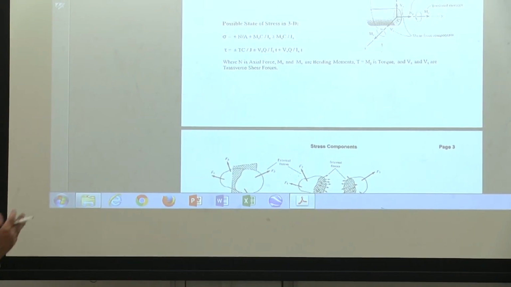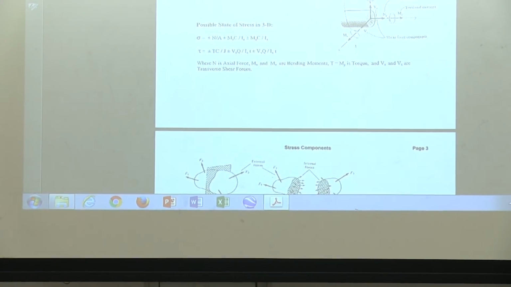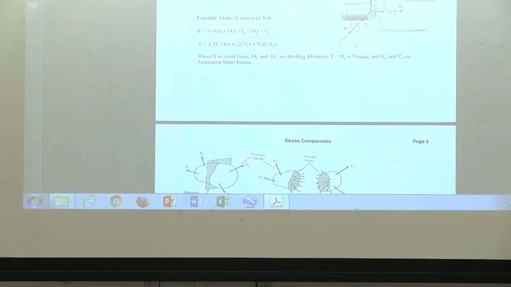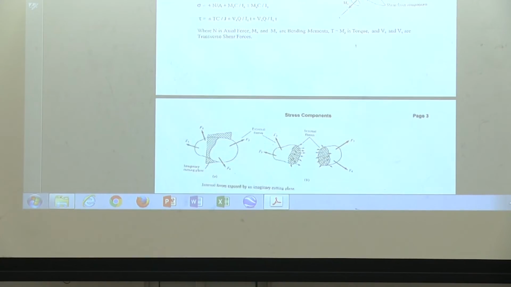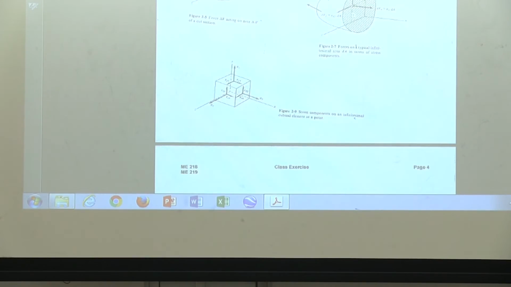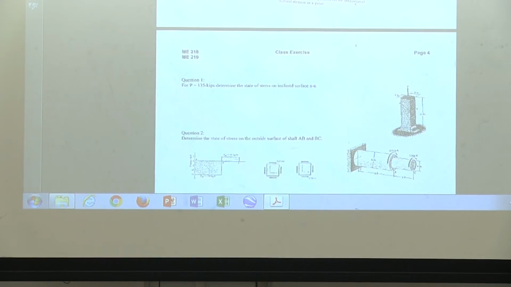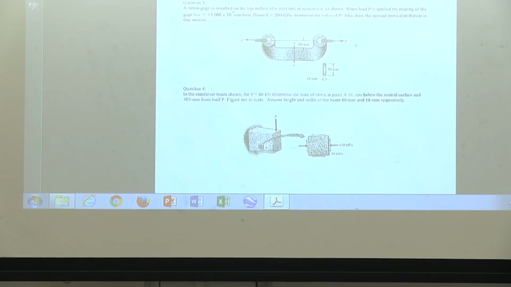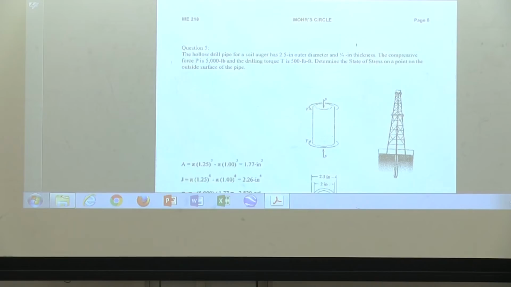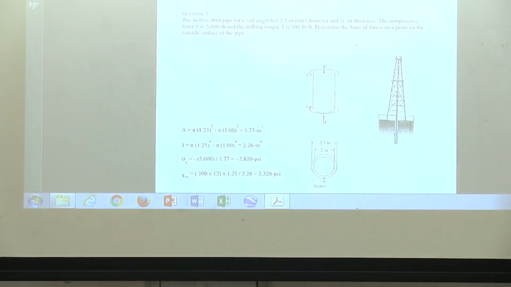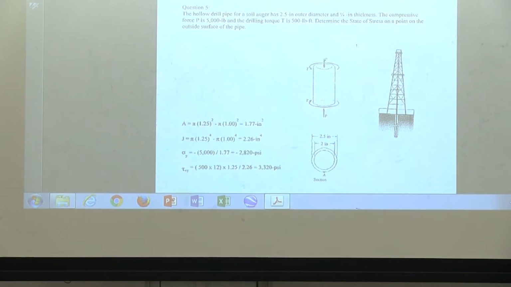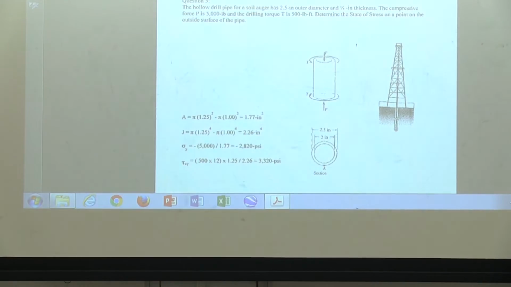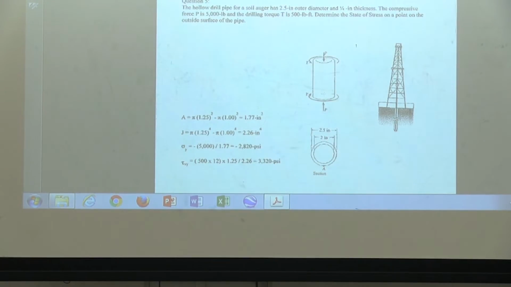Then what happened there in this scenario, what I did for students in ME 218, because this handout was given to ME 218, but I modified that a little bit for 219 there. You see, this is the state of stress in general. Then this was the problem that I gave you, and we did it together here. And then go to page 6 now, or page 5, I'm sorry, that's page 5, which is the typical problem, which again, I did it for you guys in ME 218,